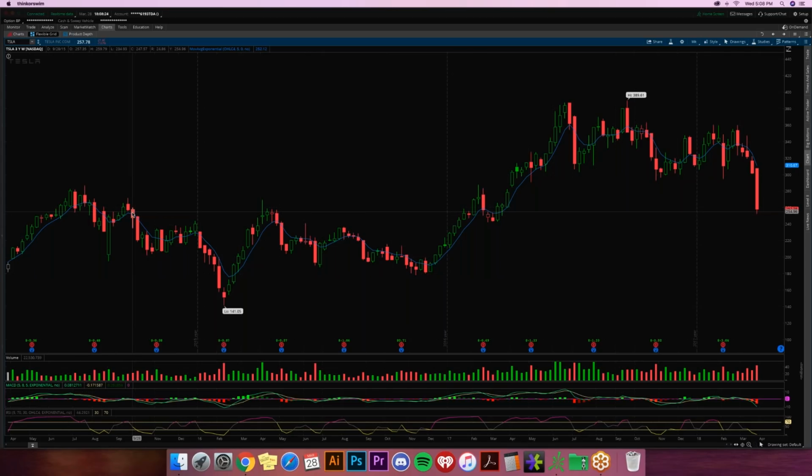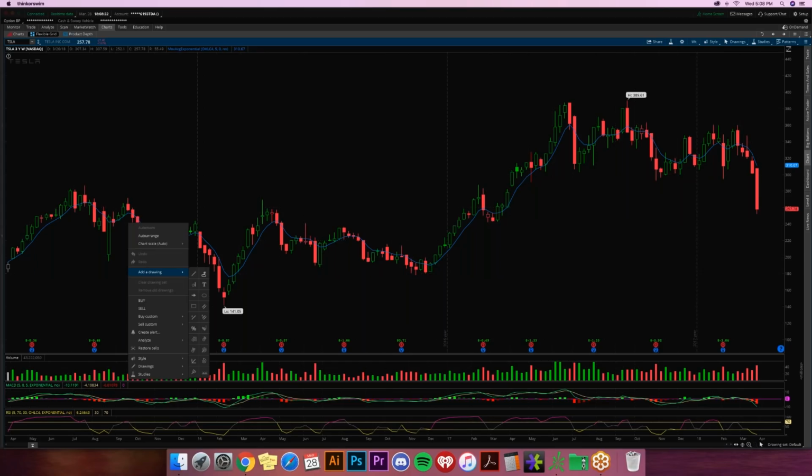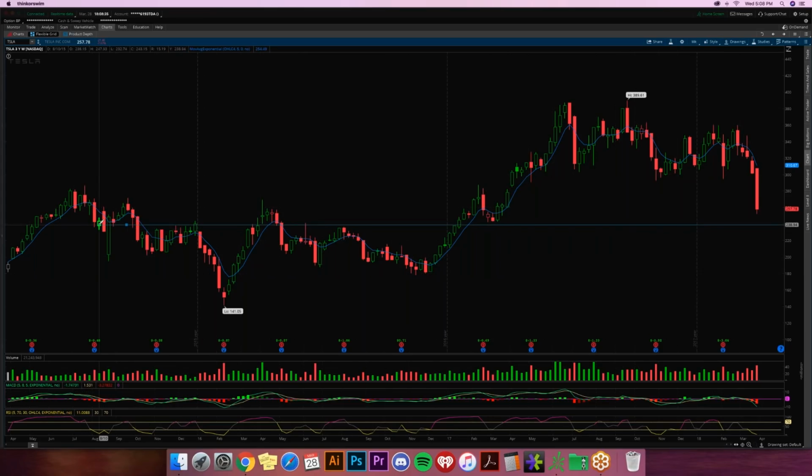I'm going to say that I would like to see this ultimately. I really don't want this underneath, probably right around here. And I will give you that number as soon as I get this line on here. So my first stop is 250. It's a nice whole number. I really want it to hold that 250. However, under 250,